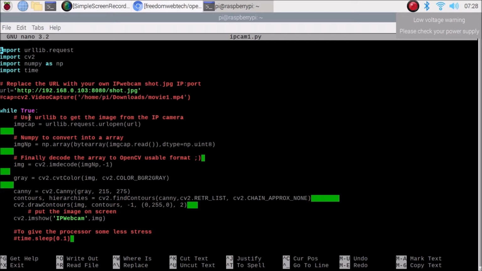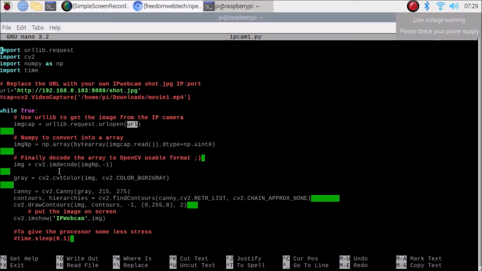Then while True, we are going to capture the image from this link. For that I have mentioned a variable, then the formula for getting the image. So urllib.request.urlopen, and here is our URL variable, as you can see I have put the URL variable in brackets.